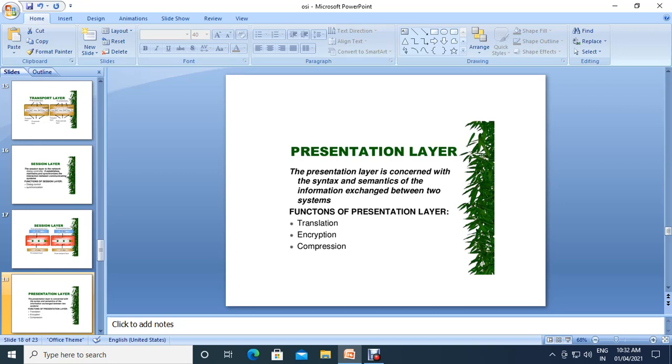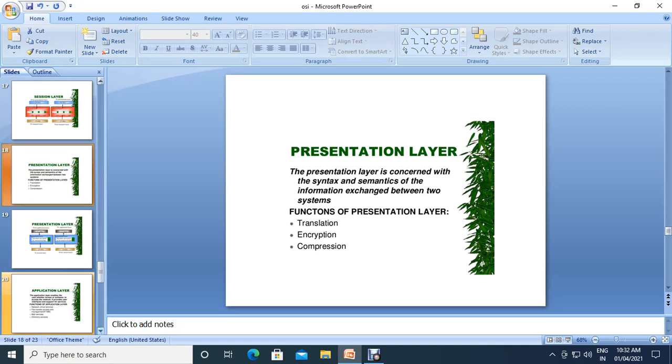Under this, we have some functionalities done by the presentation layer: translation, encryption and compression. Okay. So, these are the main functions of the presentation layer.